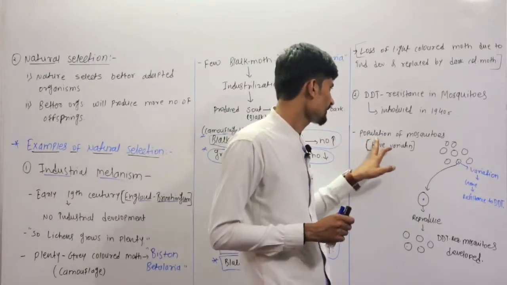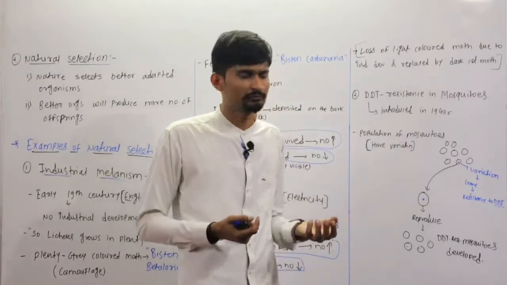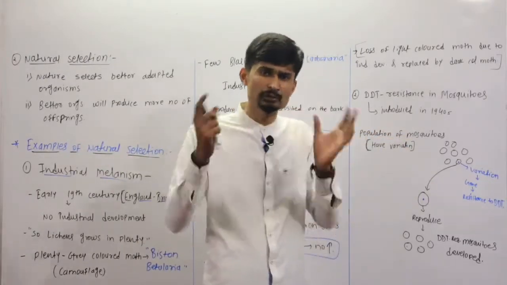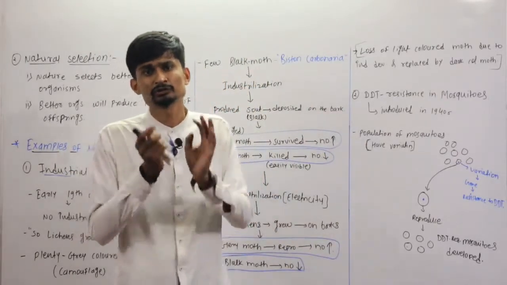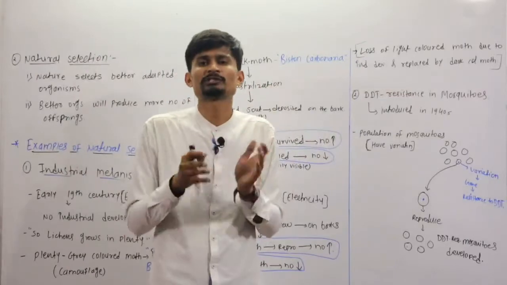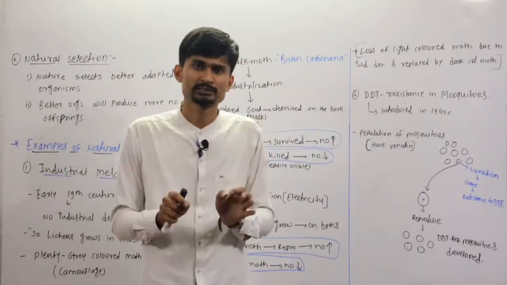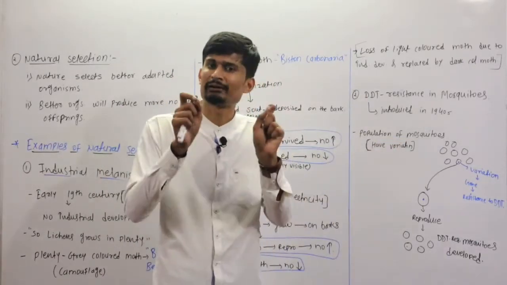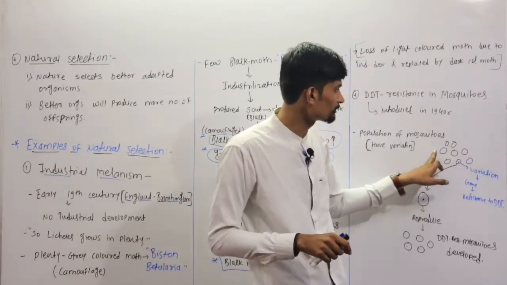So according to Darwin, you know that every population, okay, we are considering here the population of mosquito, but every population in the living world shows a variation, because not all the organisms in the same population are the same. Each population has variation. Like that, the population of mosquito also has a variation. This is the population of the mosquito and the variation.